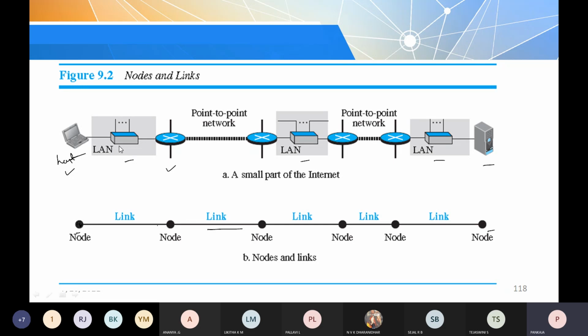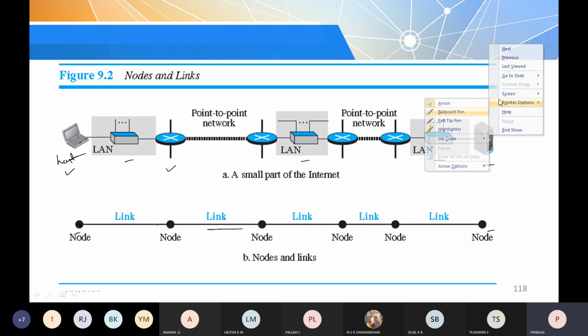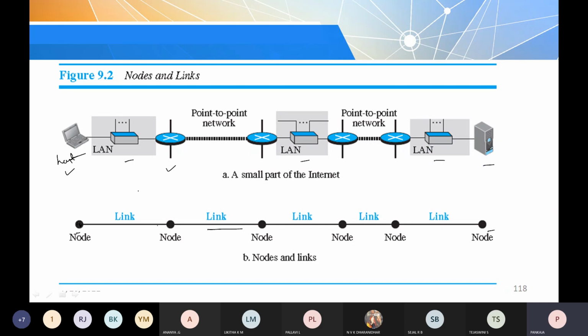You can see the first link here. Let me write it, so that you do not get confused once again about what are nodes and links. So what are the links here? This is LAN 1, and I'll number the links 1, 2, 3, 4, 5. Links 1, 3 and 5 represent the LAN network, and 2 and 4 indicate the WAN network.